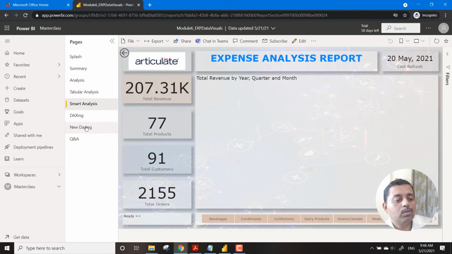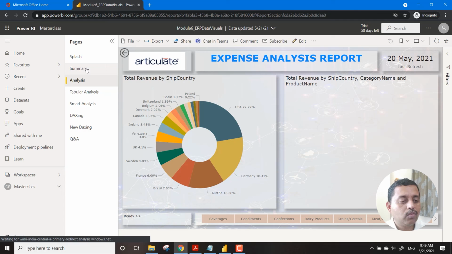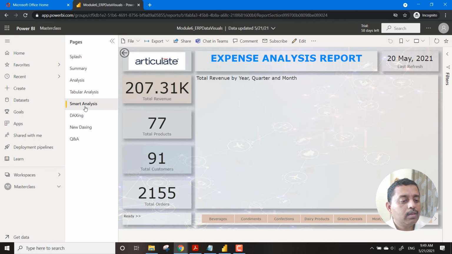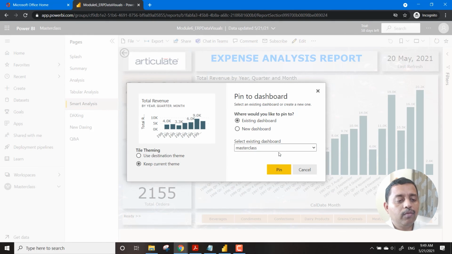If you go to smart analysis, we have got this entire thing. If you go to our analysis page, we have just got this particular data. And on this particular page, after the main unit, you can bring in this data, which covers the revenue by year, quarter and month.